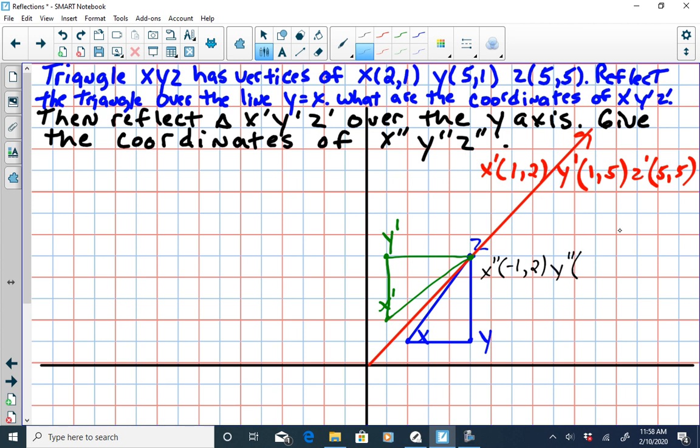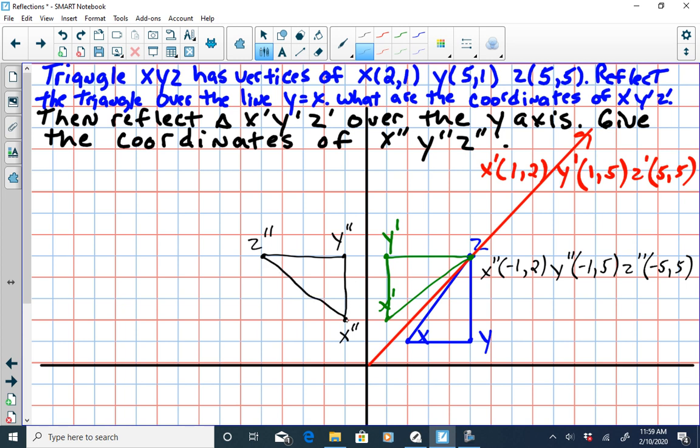Y double prime, y value stays the same, x value becomes its opposite, negative 1, 5. And for z double prime, y value stays the same, right? X value becomes its opposite, so negative 5, 5. Let's graph those ordered pairs, right, and see the reflection over the y-axis. So we have negative 1, 2, that's x double prime. Then we have negative 1 and 5, negative 1 up 5. There's our y double prime, and z double prime would be negative 5 and 5, right? That looks good. Negative 5, 5, that's my z double prime. Connect our points, right? That is my reflection